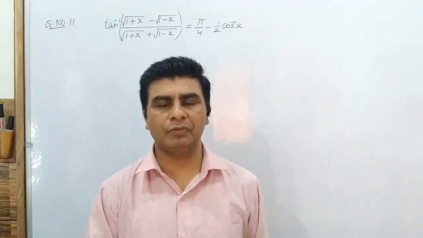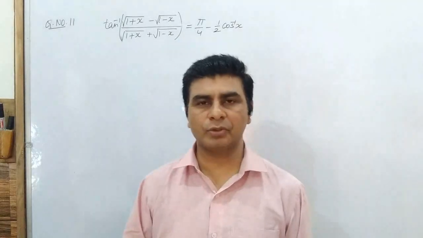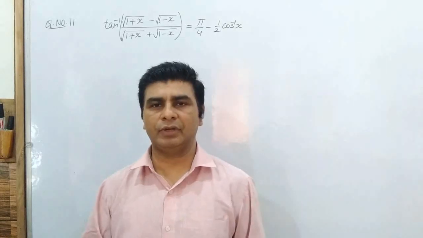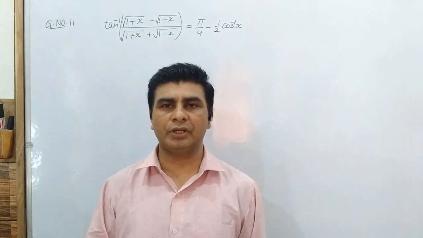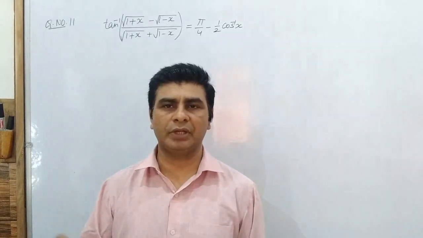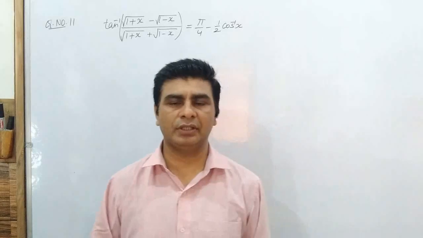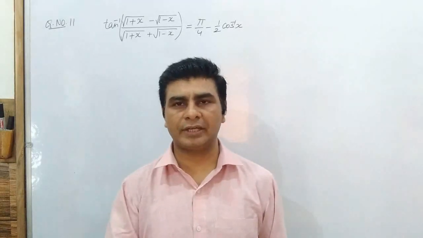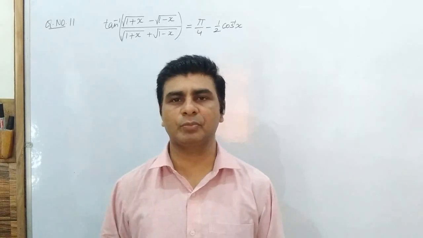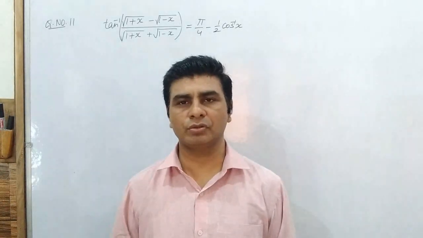अब इन्वर्स ट्रिगोनोमेट्रिक फंक्शन को सिंपलेस्ट फॉर्म में लाने के लिए हमें सब्स्टिट्यूशन की रिक्वायरमेंट होती है, और सब्स्टिट्यूशन की रिक्वायरमेंट के लिए I told you some experience based tricks like: if 1 minus x square is there, then you can use x is equal to sin theta. If 1 plus x square is there, then you can put x is equal to tan theta. If x square minus 1 is there, then you can use x is equal to sec theta. And where 1 minus x and 1 plus x both are existing, then you can put x is equal to cos 2 theta.